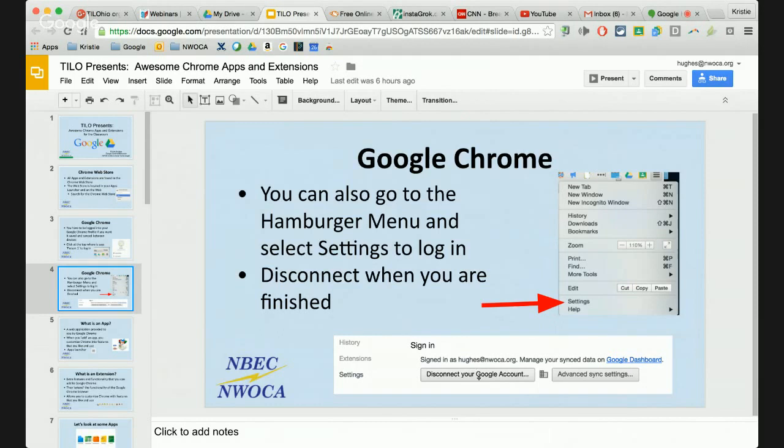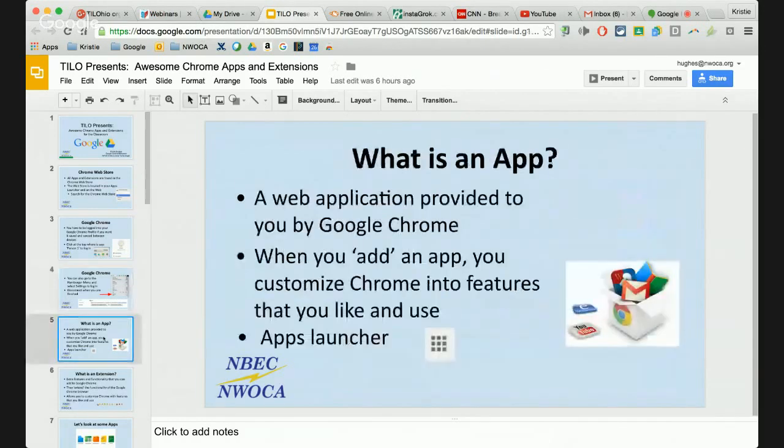So you also can, if you have a personal Google account, your Gmail account, that would be a separate account. So you can add any of these apps and extensions to numerous accounts depending on how many that you may have. So just kind of keep an eye on which account you're currently in and if you are indeed signed in. So I'm going to go ahead and get started with what is an app, and I'm going to go ahead and go out and show you some of these applications.